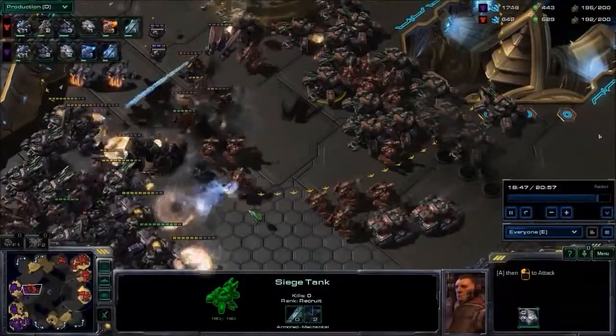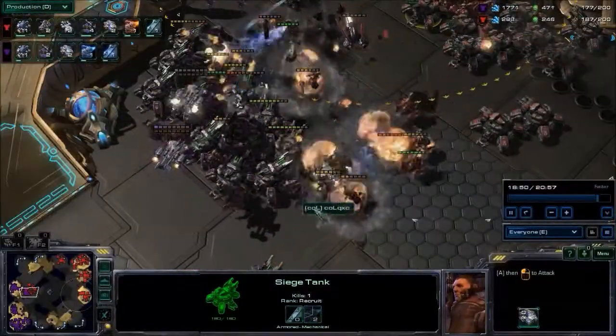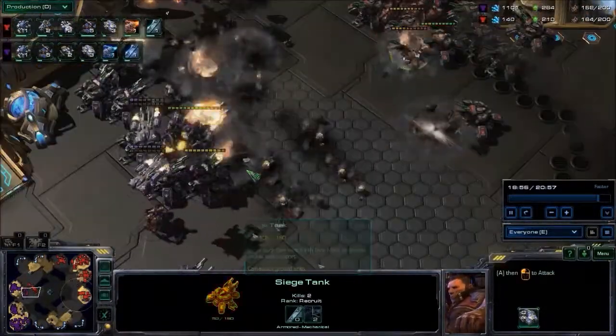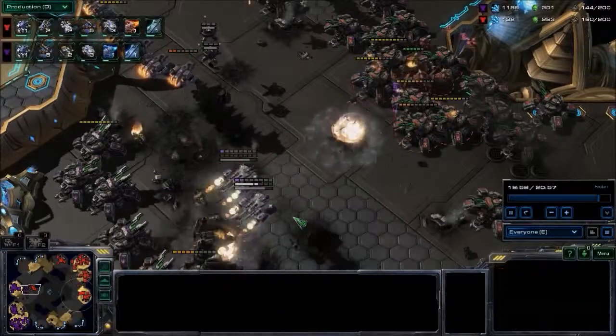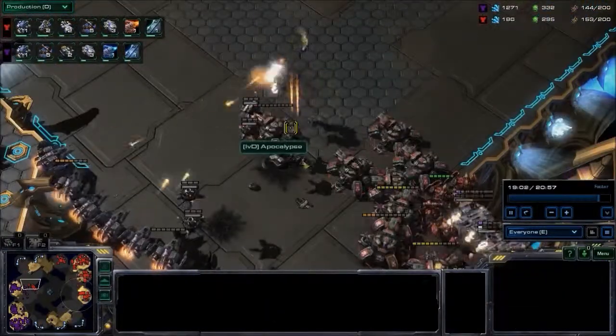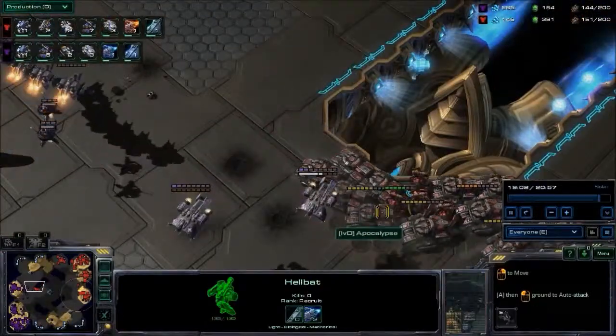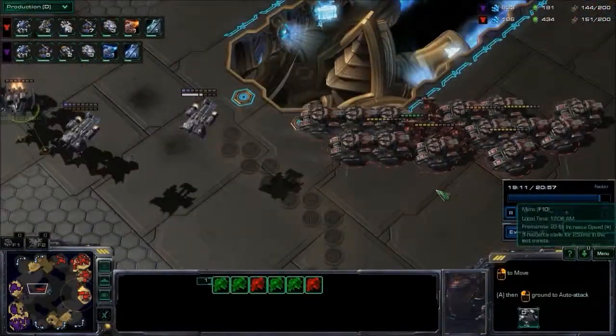and here is the battle. The Hellbats are going to charge forward for Apocalypse. The Hellbats are stuck behind for QXC, and so it's not great positioning for QXC. A lot of the Siege Tanks are taking all the brunt of that artillery fire. The Thors have been destroyed quite easily. And it looks like the ground forces have been decimated on both sides,